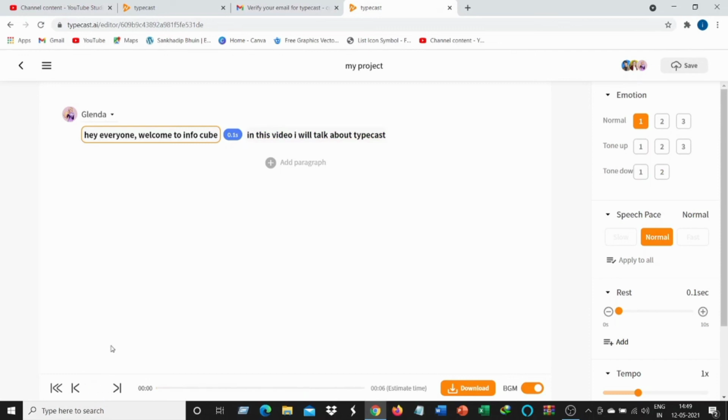So guys, you can see how this website changes text to audio. At last, I want to say that if you export or download this audio, you will hear a sound tag of their company. So to remove it, you have to purchase their subscription. But don't worry, it's cheap.